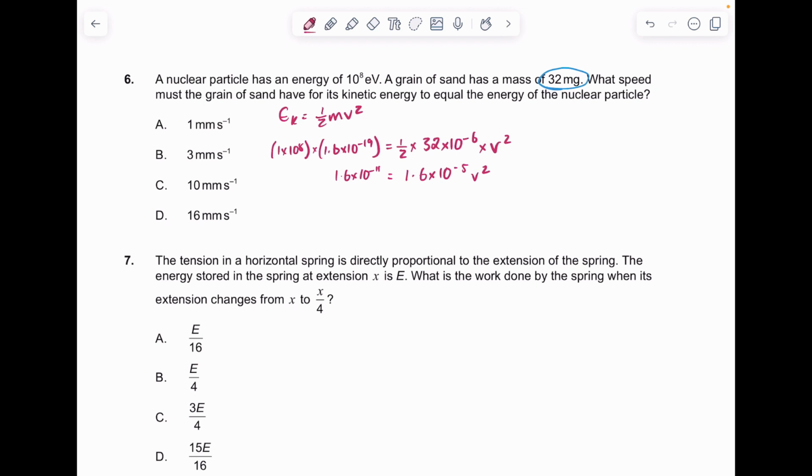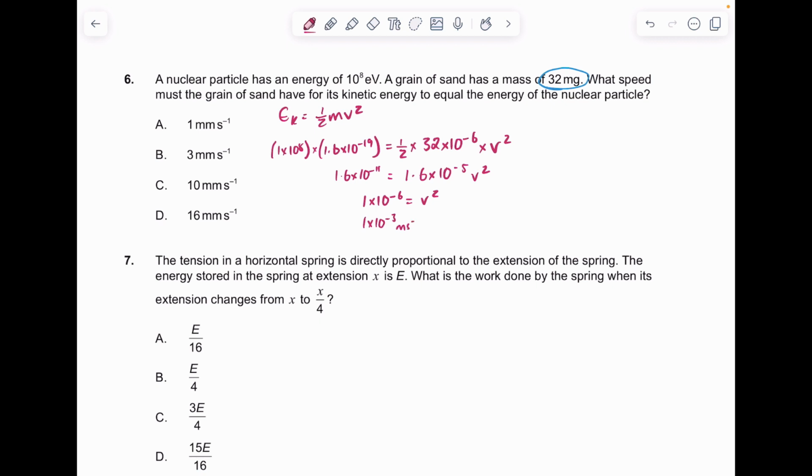I've put it 1.6 so that my division is going to be easier. In the next step, I've got 1.6 and 1.6 and just two differing powers of 10. So I've got 1.6 times 10 to the minus 11 divided by 1.6 times 10 to the minus 5. So that is 1 times 10 to the minus 6 is v squared. And then the square root of that is 1 times 10 to the minus 3